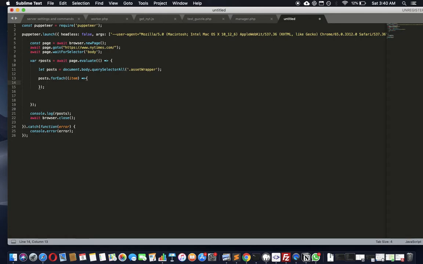Before I do that, I'm just going to do everything in a try-catch block, because many of the times some of the articles may not have certain elements all the time. Like maybe the date is not there, or there's no author, so certain elements may not be there, or there might be no summary, right? Only the headline. So we don't want it to fail at all. So for that, we're going to use a try-catch